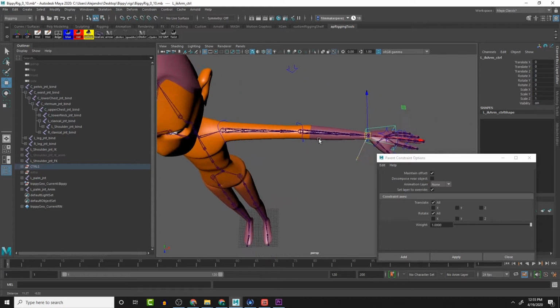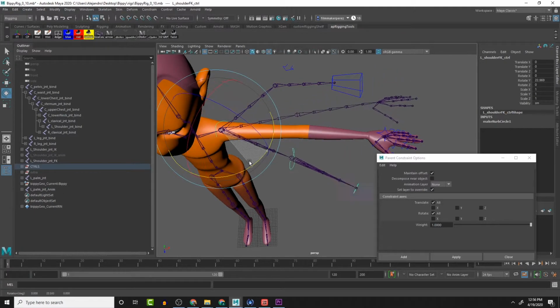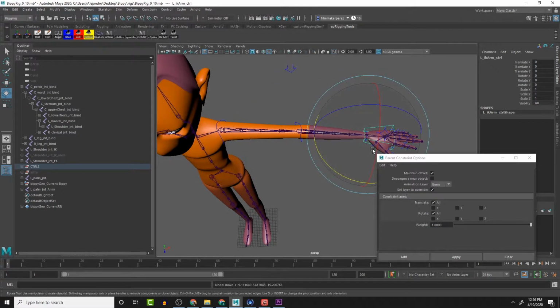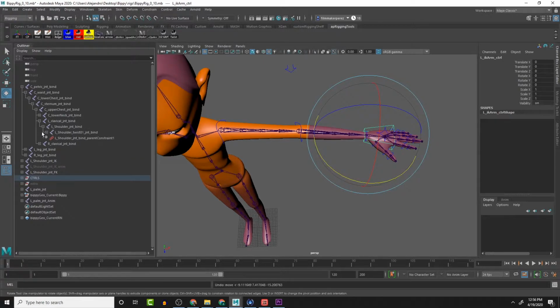So right now, if we move the IK joint, we can see that it matches it halfway between the IK and the FK. Here in the FK joint, we can go here and adjust it that way as well. I have maintain offset on, and translates and rotates all for the constraint axes. So that's what we're going to do there. Then I'm done with the shoulder, and now we can expand that, and we'll go to the shoulder twist 1,